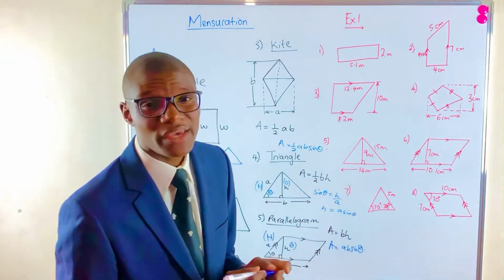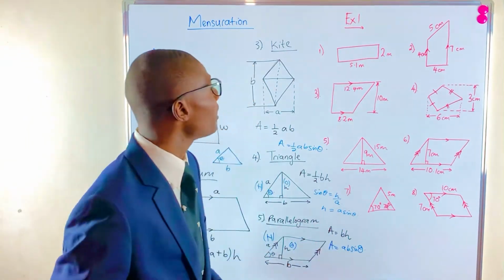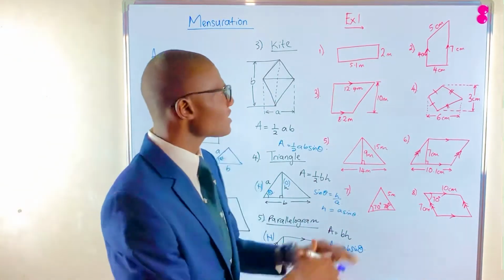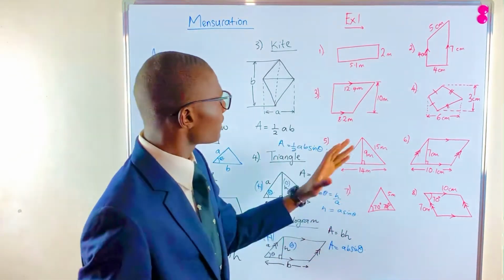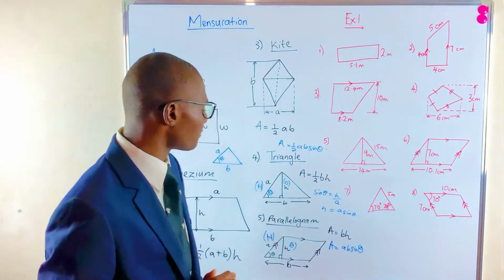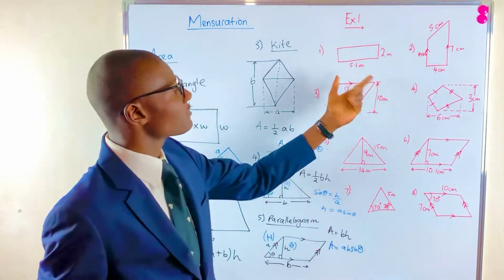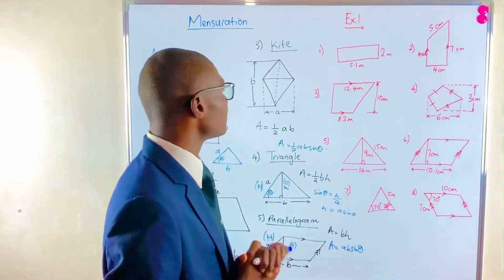So this is how we calculate the area of a parallelogram. Now I would like to move on to look at these 8 questions. This is just a variety of rectangles, trapezium, kites, and parallelogram. Starting off with number 1, calculating the area of this rectangle, we simply said the area of a rectangle